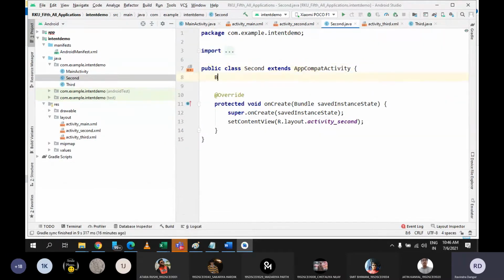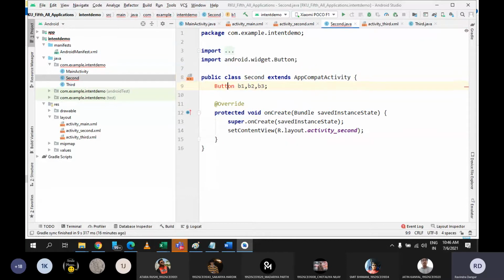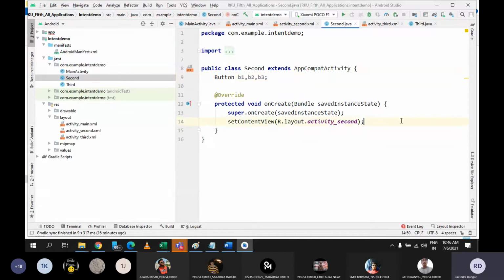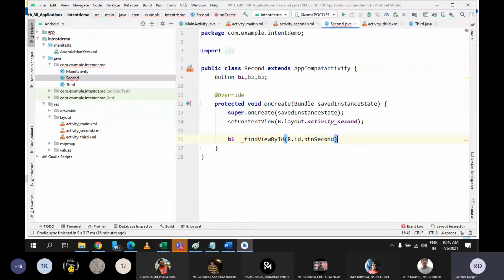And we can find each component in the second file. So here also I need to create the object of 3 buttons, b1, b2 and b3. You need to import the package. You can press Alt Enter. You can see the suggestions import class. Let me import it. And now let's find ID of all the controls here also. B1 is equal to find view by ID r.id.btn second.